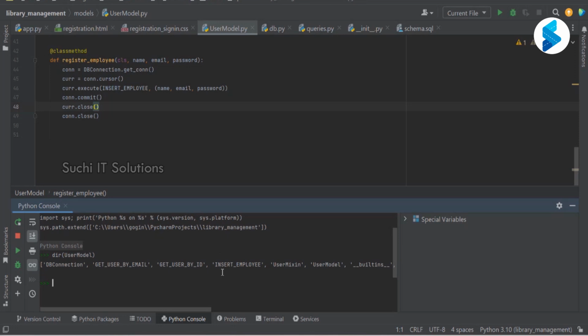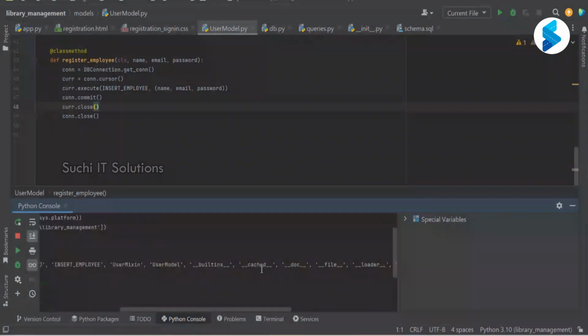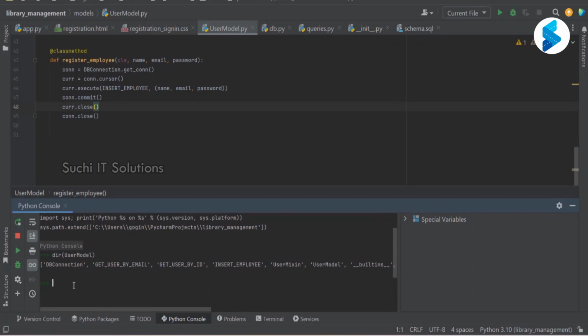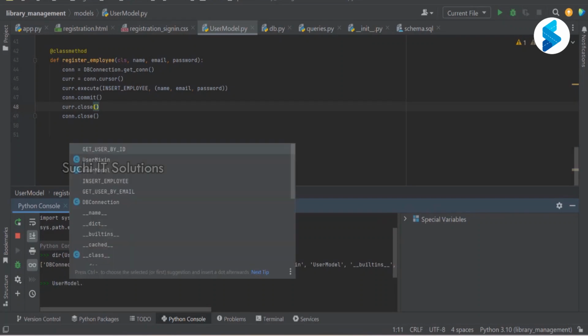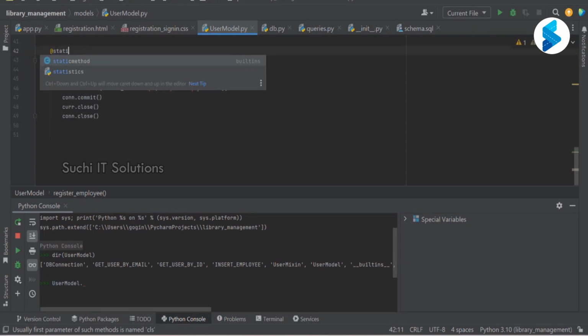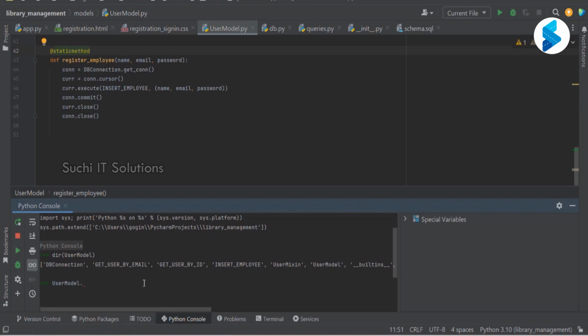So it has a DB connection. These four parameters, so these are the imports, right? And then it's a class method. Why are these functions not being captured? So I don't want this here. So I'm going to say this as a static method, but